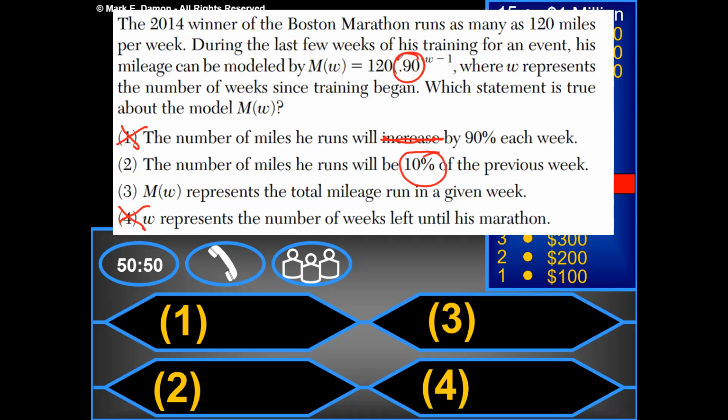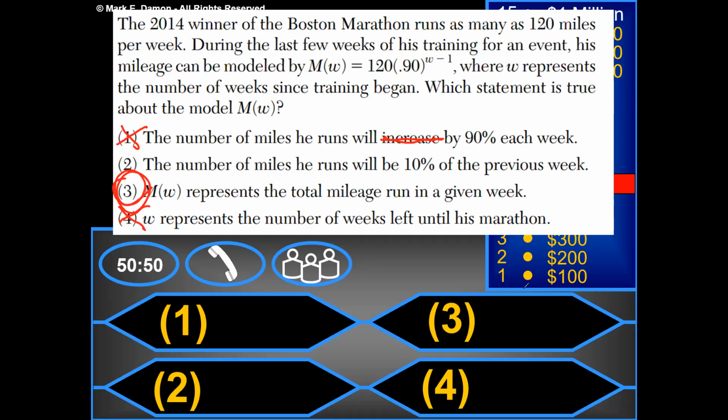Now this one's a little bit tricky because at a rate of decay of 0.90, that means the decay is 10%. It is 10%. But that's not how much he's running. He's not running 10%. He's running 10% less than whatever that other number is. So that's why they put this choice in here, because 10% is important, but it represents that each week he's running 10% less than the previous week. So technically, the answer is 3. If you chatted me a 3,